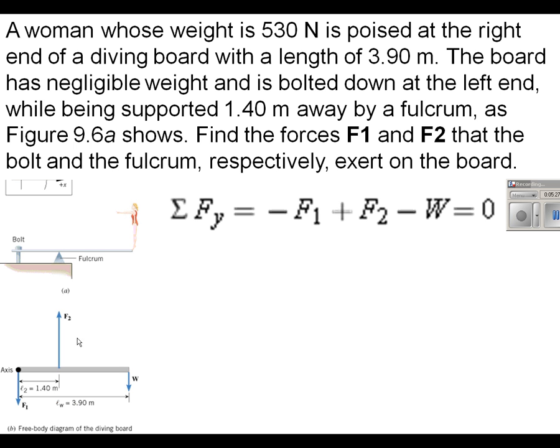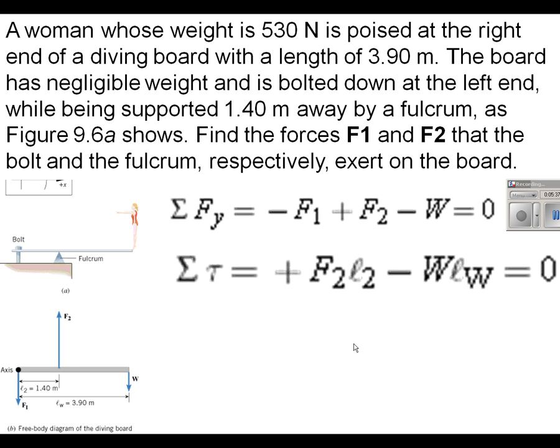So we know that the sum of the forces add up to 0. That means negative F1 plus F2 minus W all add up to 0. The sum of the torques has to add up to 0 as well. And since this is our lever arm here, we know that F2 times this lever arm distance 2 is in